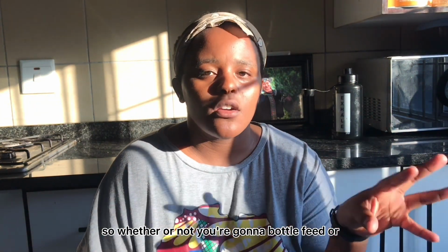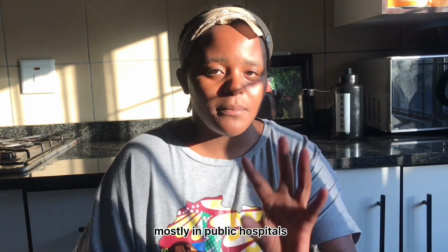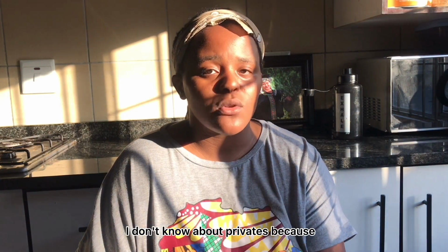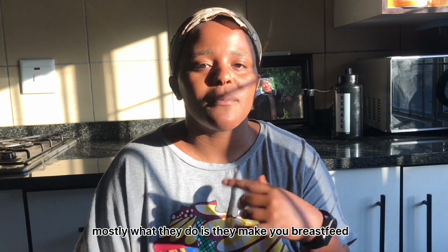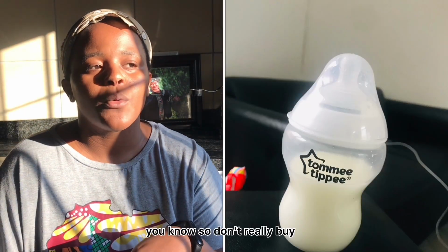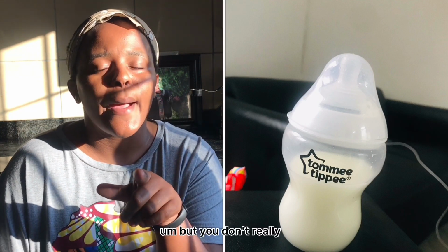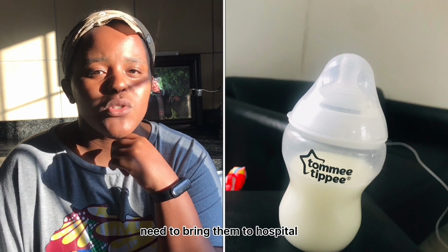So whether or not you're gonna bottle feed or breastfeed, which is up to you, mostly in public hospitals, I don't know about privates because I gave birth in a public hospital, mostly what they do is they make you breastfeed. It's more like you have to do this. So you can't buy bottles, but you don't really need to bring them to the hospital, because